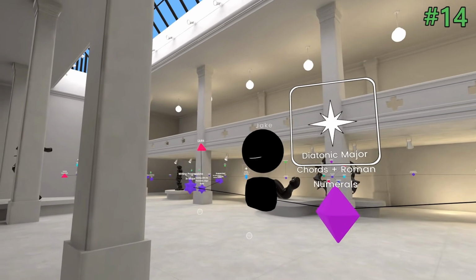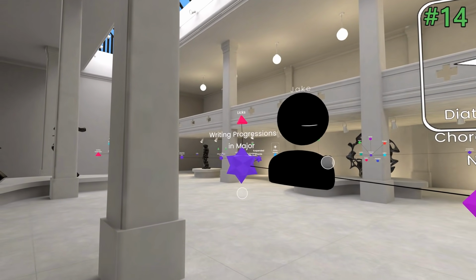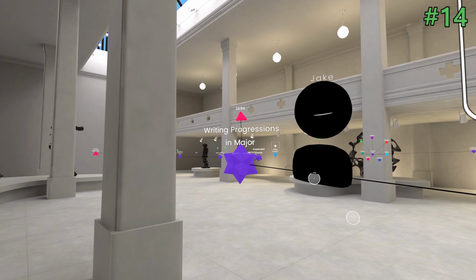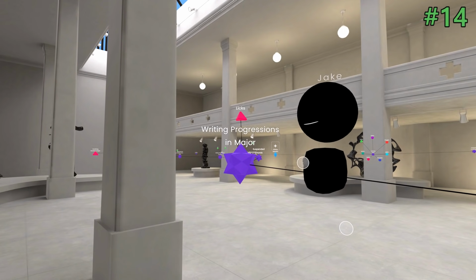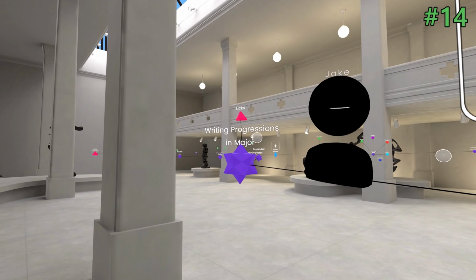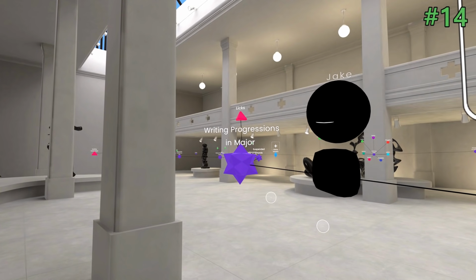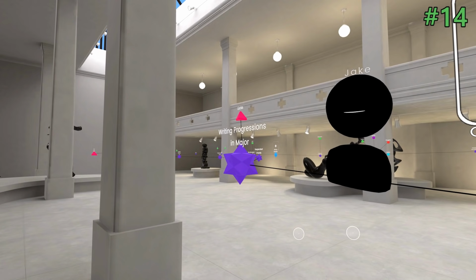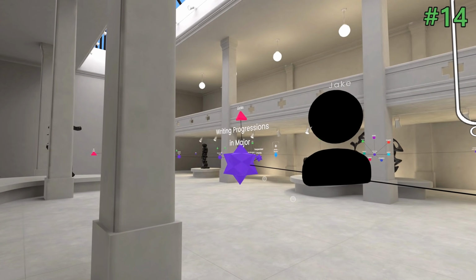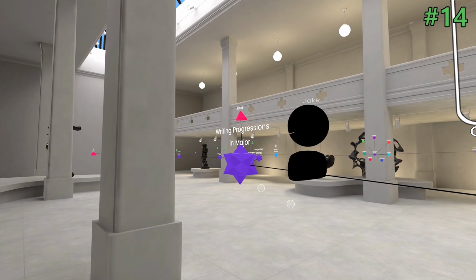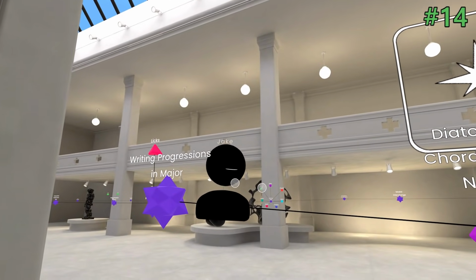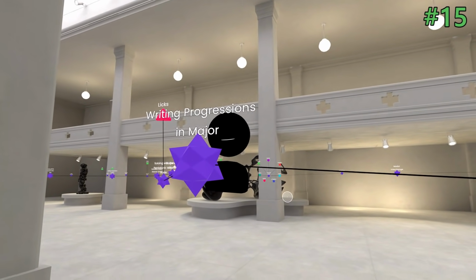Writing chord progressions in major is a very simple thing to do if you know the diatonic chords within major. And it's easy to write progressions in major because so many songs have been done that way, and we can use those as references. So learning songs, analyzing them, and then referring back to the major scale is a hugely important concept. Additionally, after that, once you've learned to actually write chord progressions in major, you're going to want to